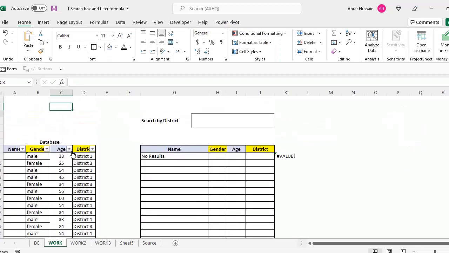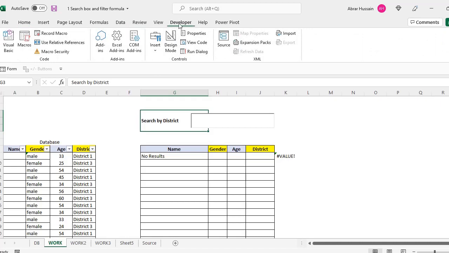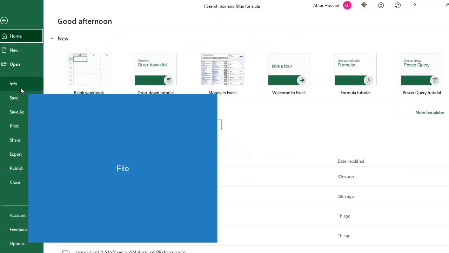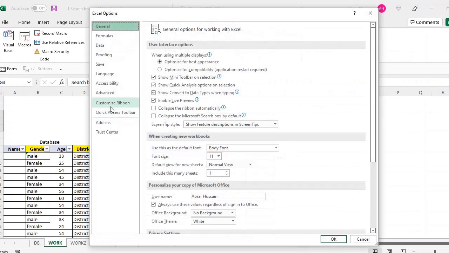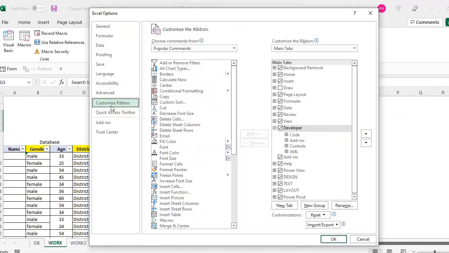So how can you develop such a search box? Let's start. First of all, you need the developer tab in your Excel. If that is available, okay. If not available, then you just come here, right-click, customize the ribbon, or just go to File and then to Options, and then come to customize the ribbon.